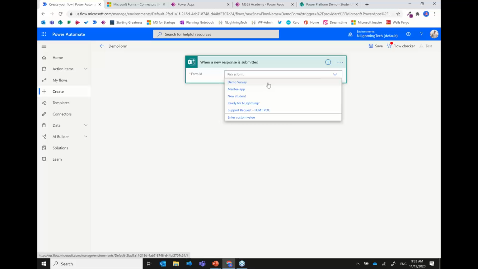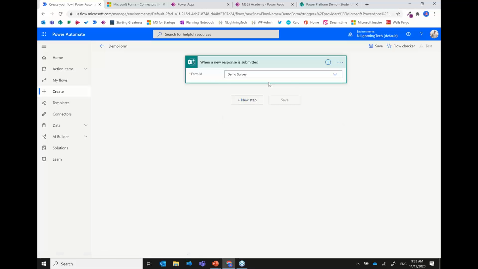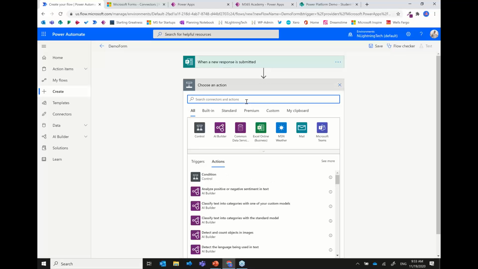So let's say we have a demo survey. And always when you're using the forms trigger, and this is kind of a useful tip, all that does is say when somebody has filled out this survey form, then what? So I need to tell Power Automate what to do next. So I would click on the new step, and this part might not be intuitive, so that's why I'm explaining it to you. The next thing you need to do is actually get that response from the